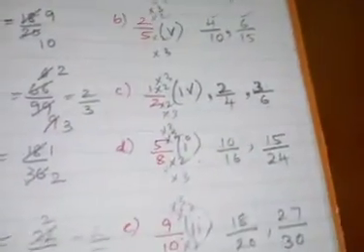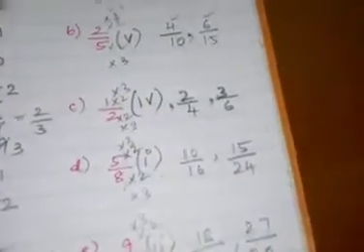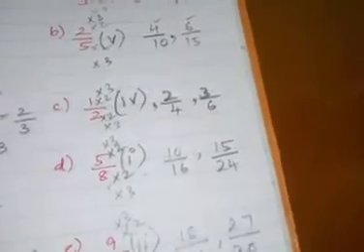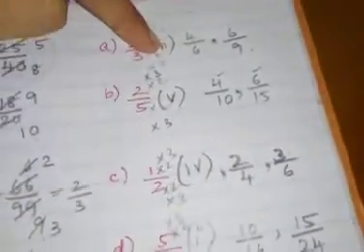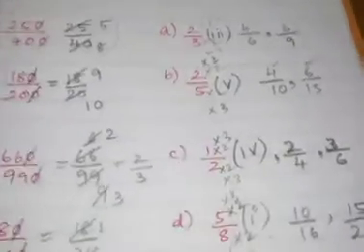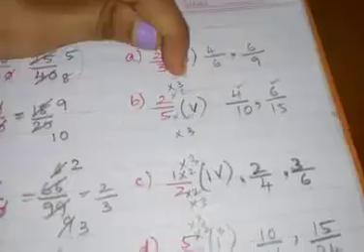So like this only we have to find the equivalent fractions for this question. First they ask you to match it. We have matched it. Then we should find two more equivalent fractions for this question. So one I have found by using into 2. The second I have found by into 3. This is how you should find the equivalent fraction. You can find any equivalent fractions, no problem. Into 10 you can do, into 11, any values you can do it. But for easy convenience I have done into 2, then into 3.